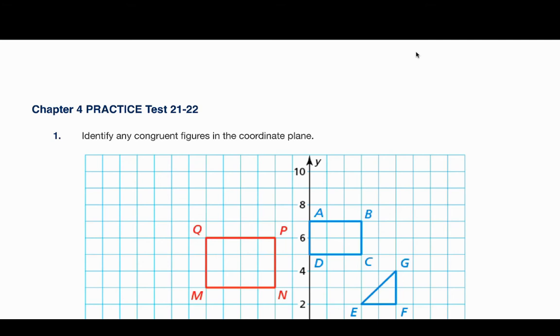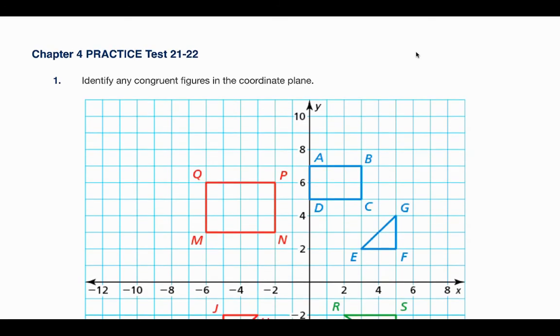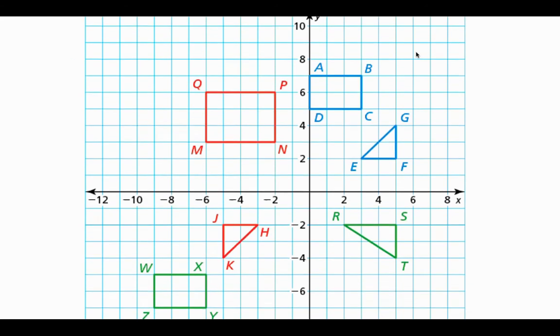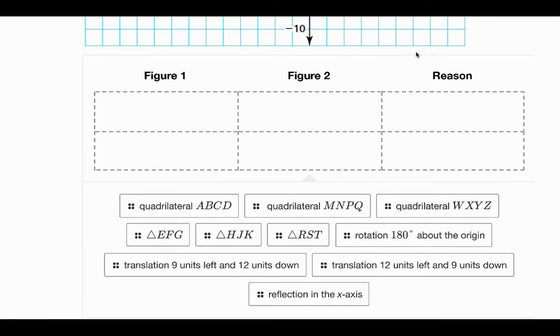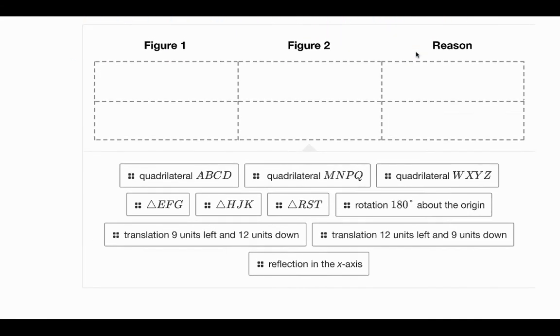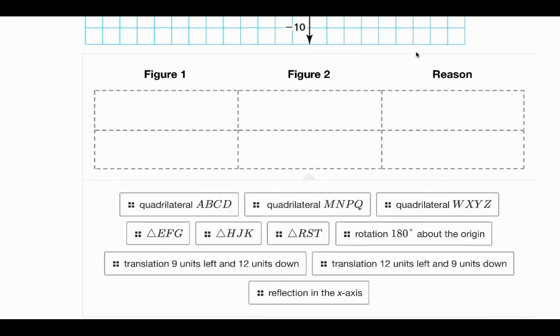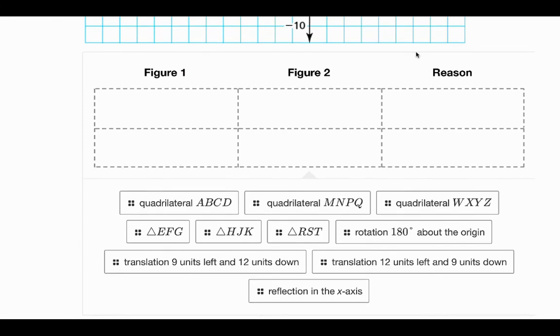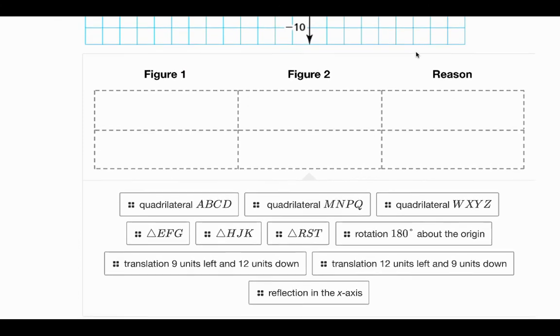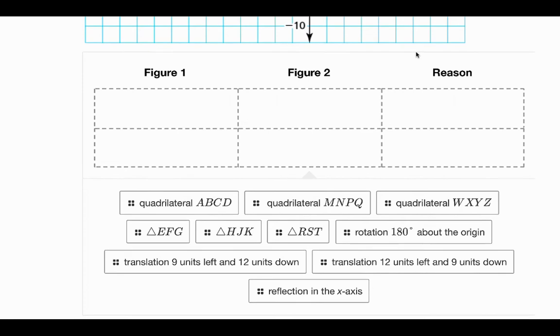All right, so here's the practice test key for chapter 4. Let's see. So, number 1, identify any congruent figures in the coordinate plane. So on this one here, kind of look at the answers there because it's kind of a drag and drop. All right, so if we look at it, we have some triangles, we have some quadrilaterals here, and we have